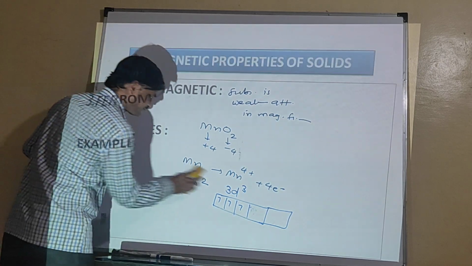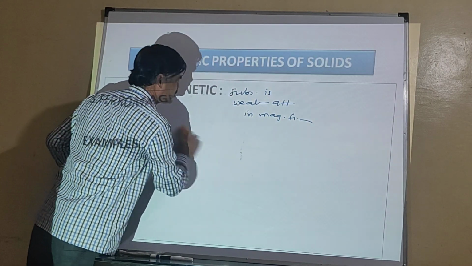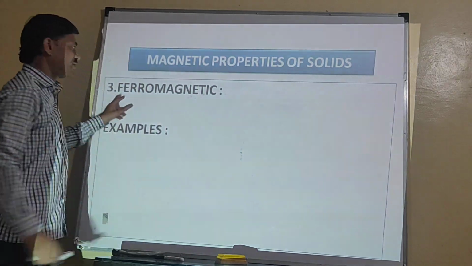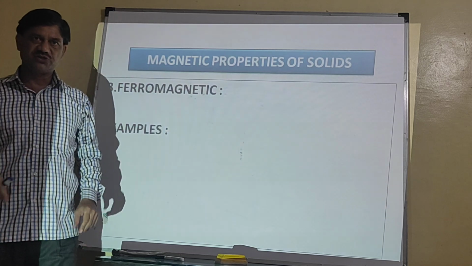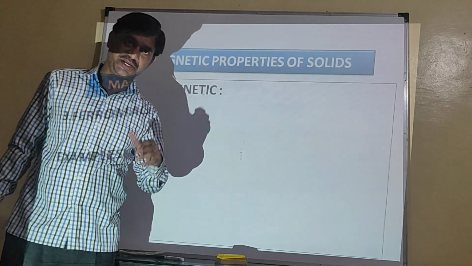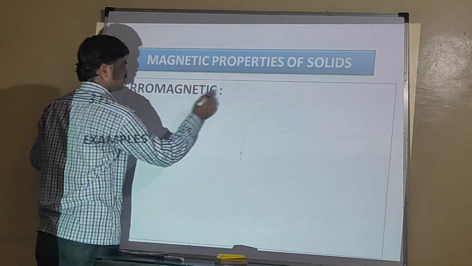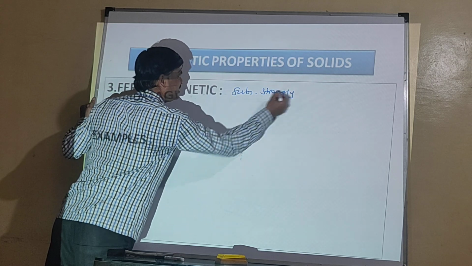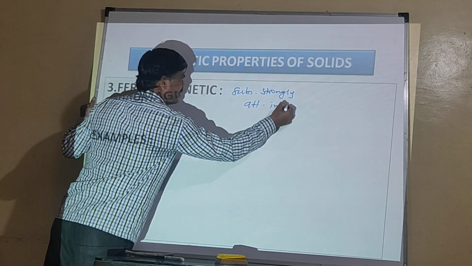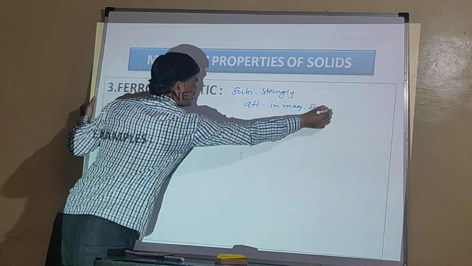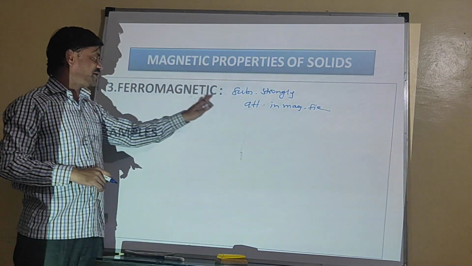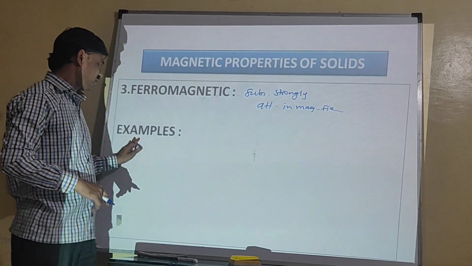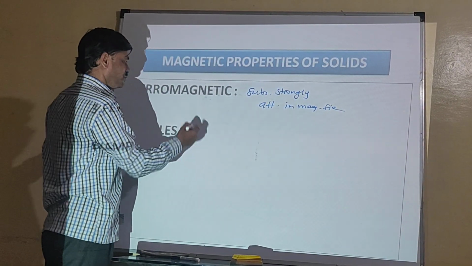Now check the next phenomenon. What is the next phenomenon? Ferromagnetism. Suppose a substance has a large number of unpaired electrons, it is strongly attracted. Remember this word. The phenomenon in which a substance is strongly attracted in a magnetic field is known to be ferromagnetism, and that species is called a ferromagnetic species. What about an example of this one? Suppose we take this case,